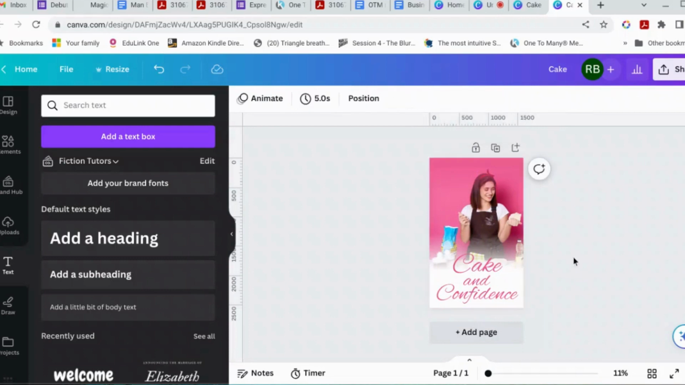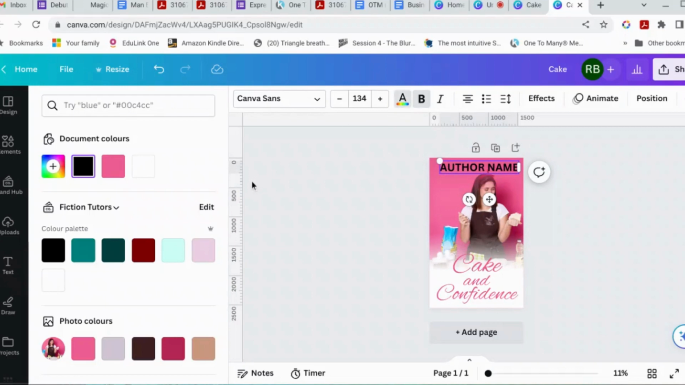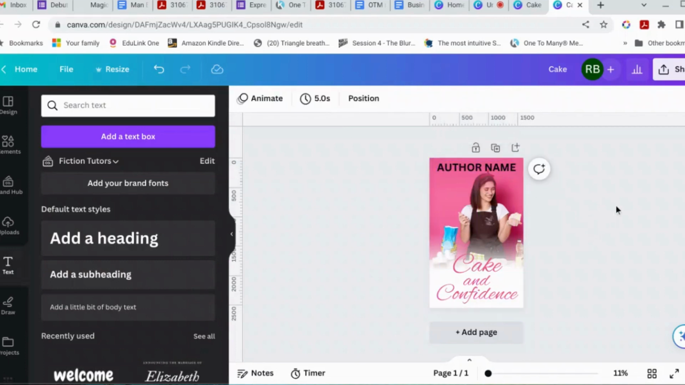Cake and Confidence, and heading, author name. And then choose one of the other colors in the photo, which is the chocolate brown. There you go. A fabulous baking adventure awaits. So that's how you make a gradient. This is just one way to use a gradient. And another great way to use it is as a